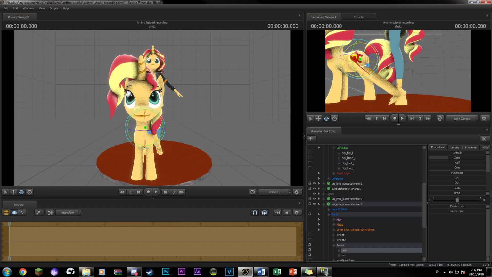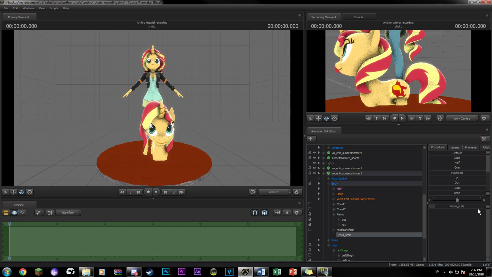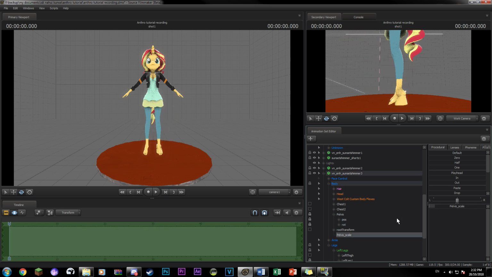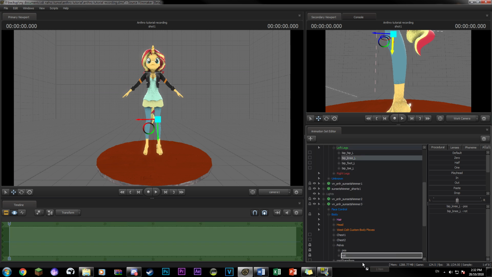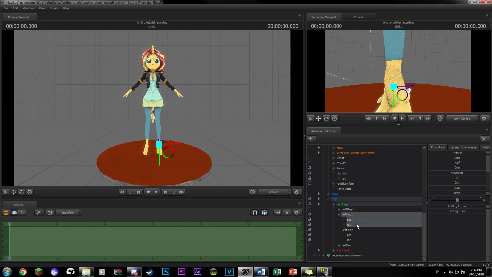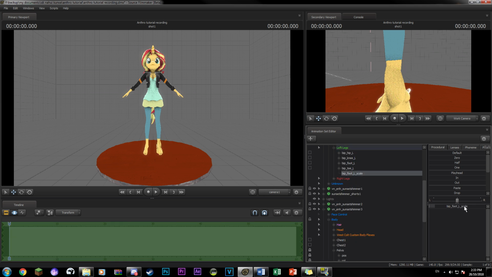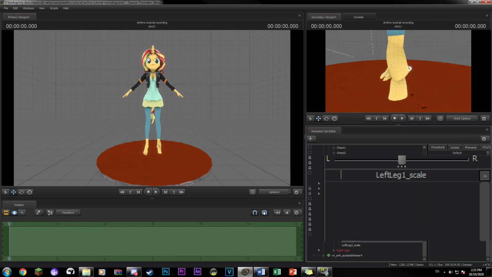Now you lock the pelvis bone to the Bipfoot L and 0. Next you want to add a scale control to pelvis and scale it down to 0. I also forgot to relock pelvis to Bip Knee L before, so I'm doing that now as we need to move it further up to blend into the leg better. Now you can add scale controls to the left leg 1 and left leg 2 controls, and also to Bipfoot L on the body model. Set Bipfoot L to 0.05 and then set left leg 1 to 0.075 and then left leg 2 to 0.13.